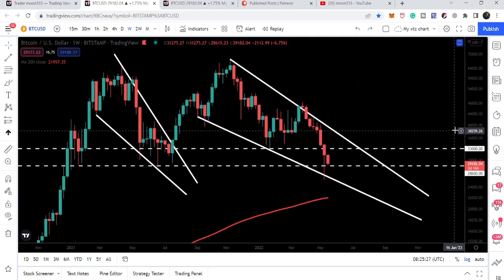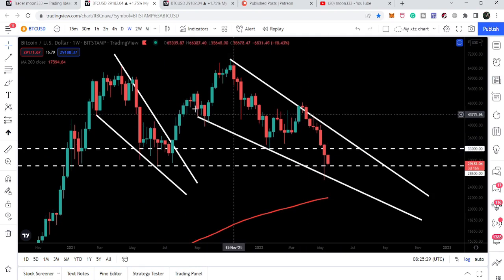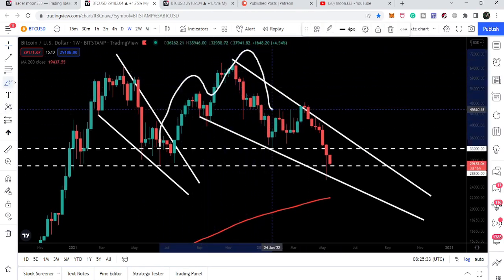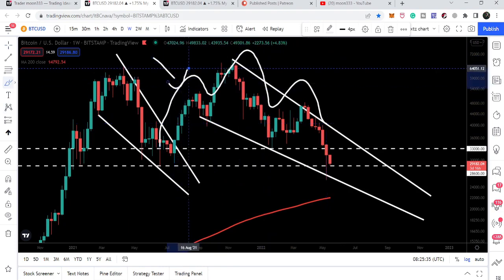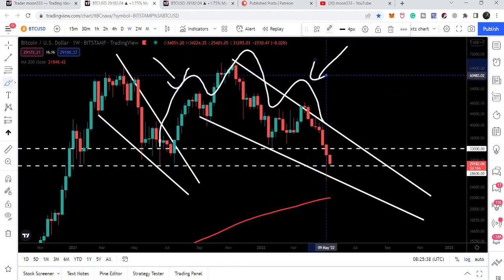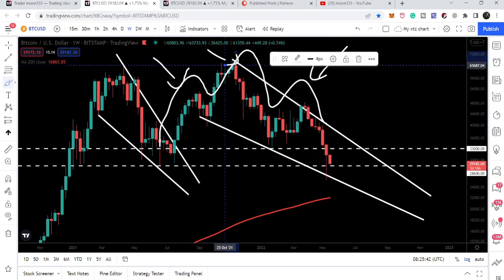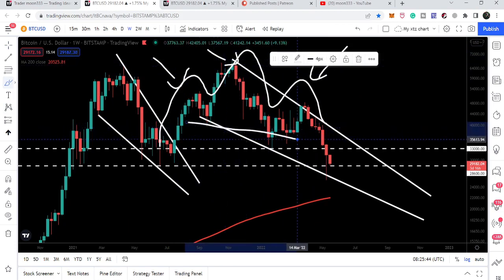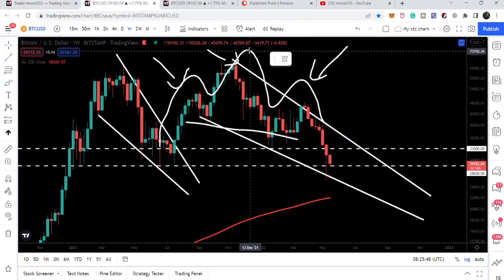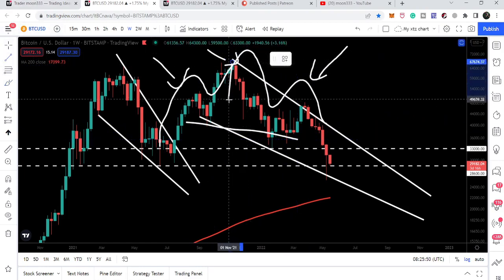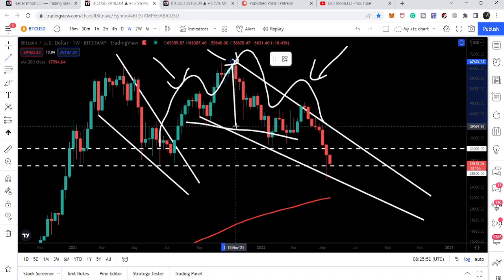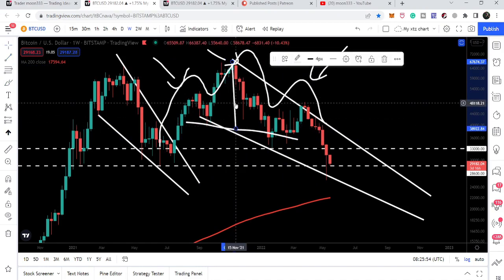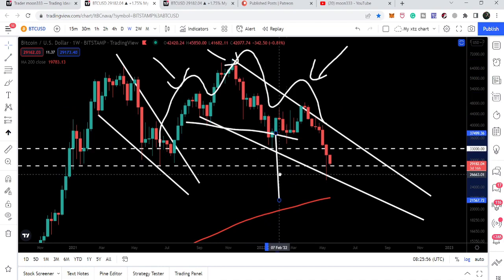Now, if we take a look at the target for this head and shoulder pattern that has formed on this weekly time frame chart, we have this left shoulder, here we have the right shoulder, and here we have the head of this head and shoulder pattern, and here we have the neckline. Then our target to the downside from this head up to this neckline, if we place it here at the breakdown point,